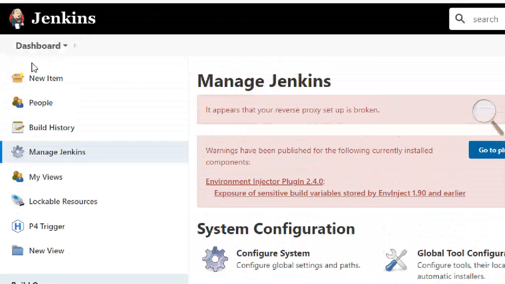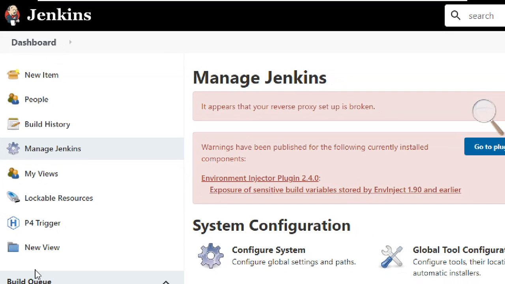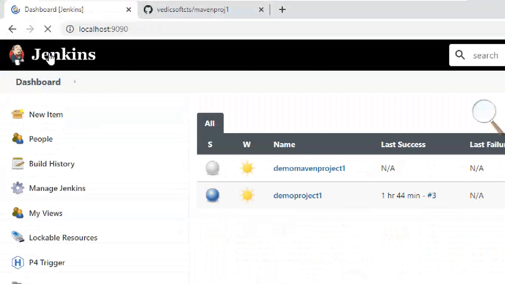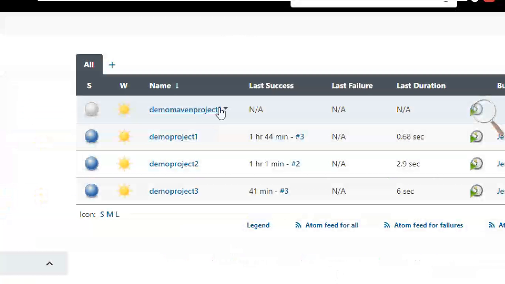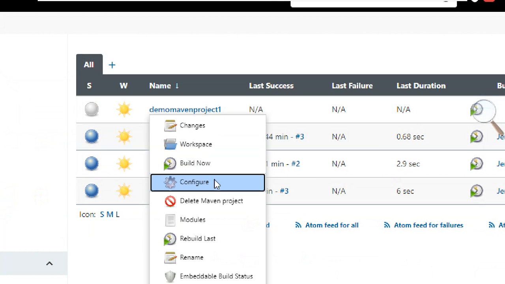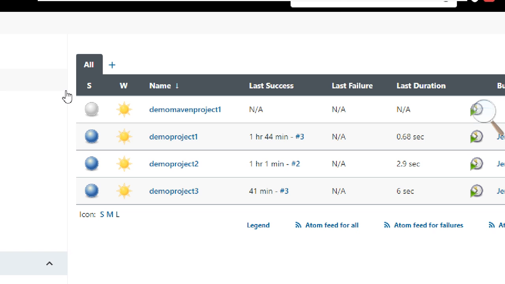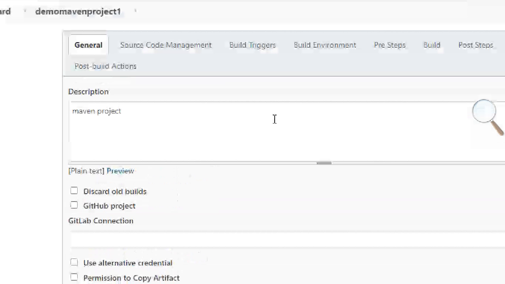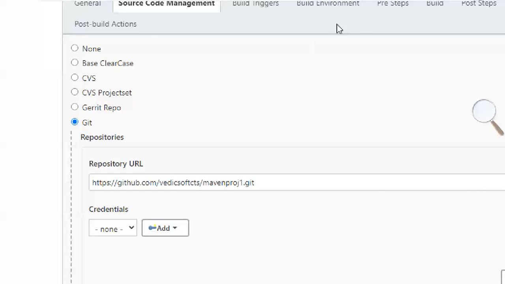Now go to this is Jenkins. Okay, manage Jenkins dashboard. No new items. You have to see the old items. So go to dashboard. So can you see this one? This is my project, right? So click it. Configure. Click on configure. Okay. So I will configure it again because it's showing error. Just wait for 5-10 minutes, guys. Then I'll close it. So source code management, Git, good.